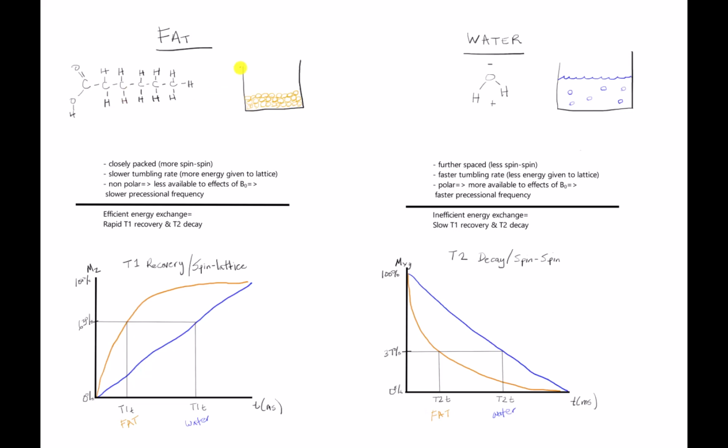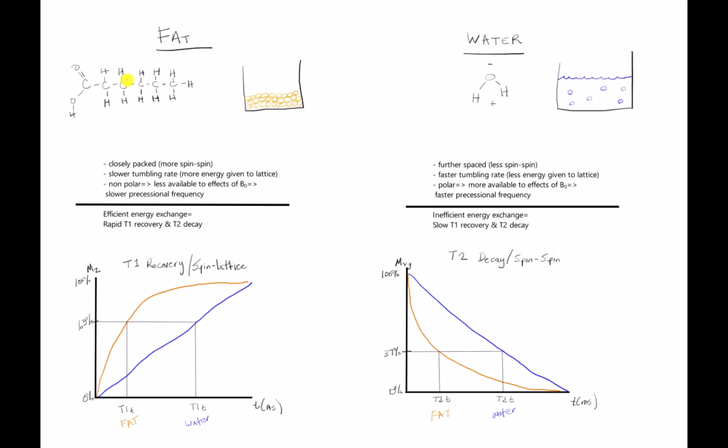So if you put it in a beaker, you can see that these molecules will be butting up right against each other. That means that you're going to get more spin-spin interactions, which will cause quicker dephasing. Fat also has a slower tumbling rate, which means it's going to give more energy off to the surrounding tissues or the lattice. It's also non-polar because the hydrogen do not steal the electrons away from carbon, so this means